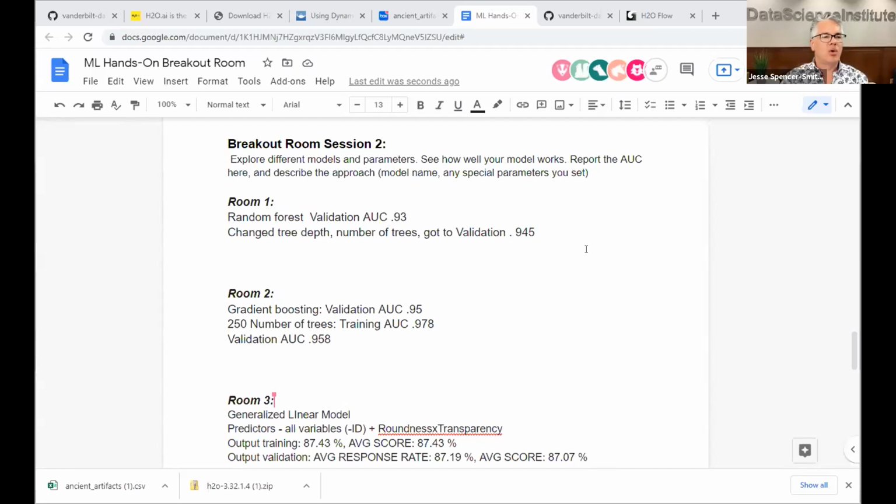So in short, what happened was we did see an increase in the validation AUC here, and I'll just share my screen with all the numbers here. So we saw an increase when we increased the number of trees. We saw a great increase in the training, but only some of an increase in the validation set. This is an example of what's called overfitting.